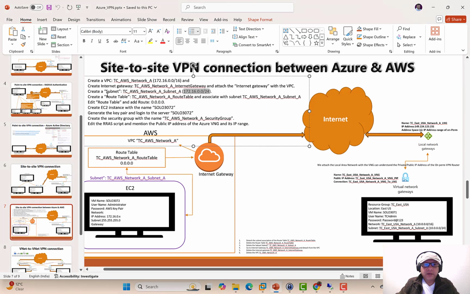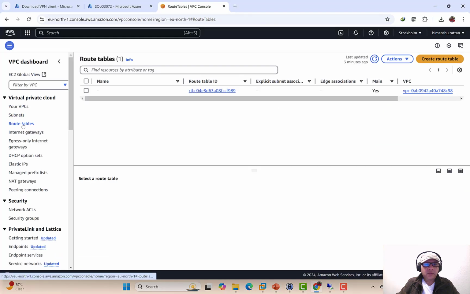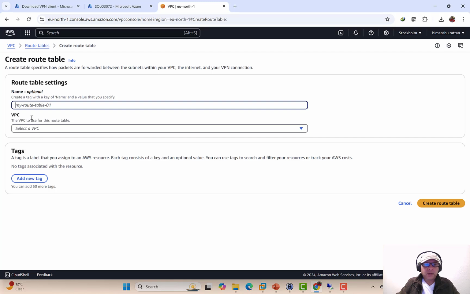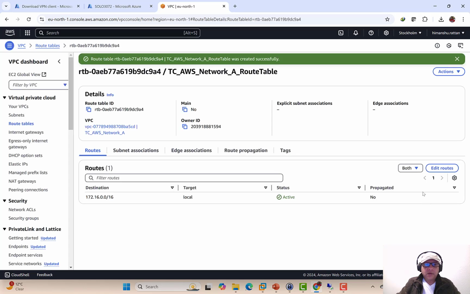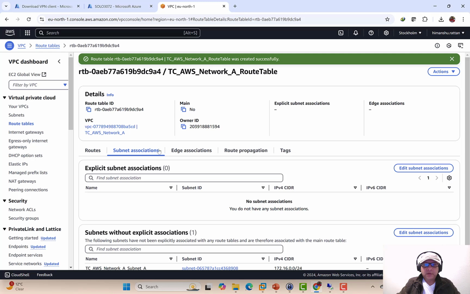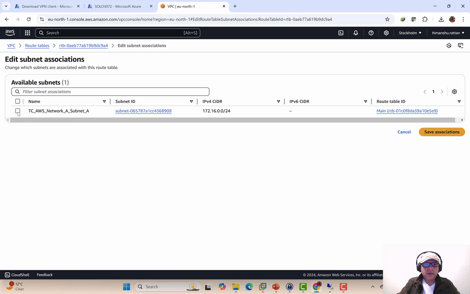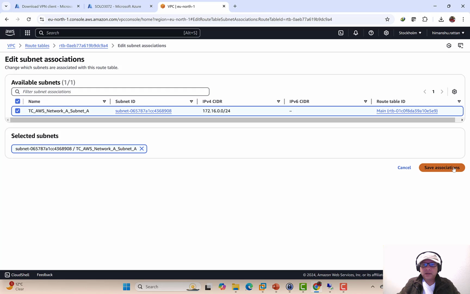Then in the next step, I will create one route table with this name, and I will associate this route table with this subnet. To create a route table, click on route tables, create route table. Let me give it a name like this. Let me select the VPC as this one and click on create route table. Now the route table is created. Now let me associate it with this subnet that we created like this. Click on save association,